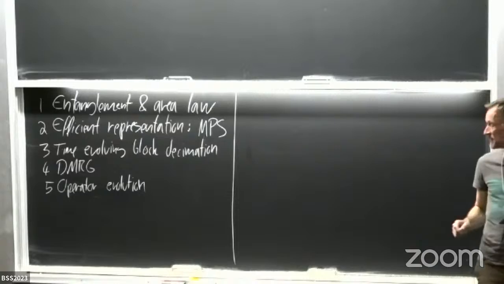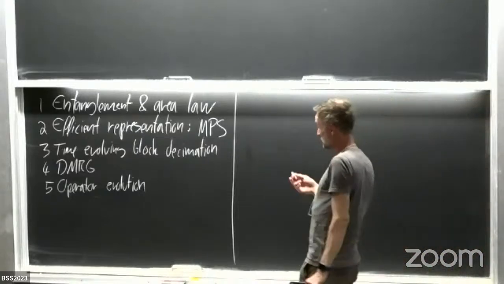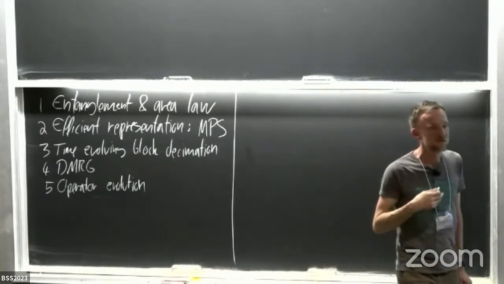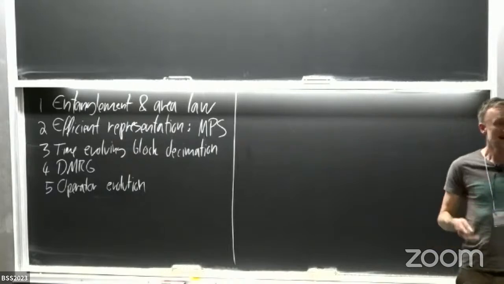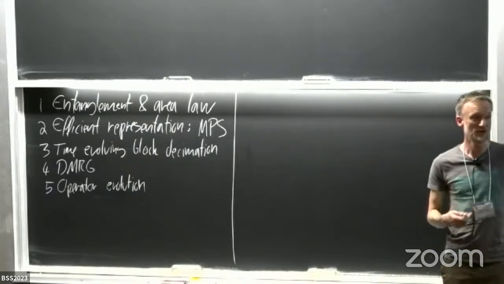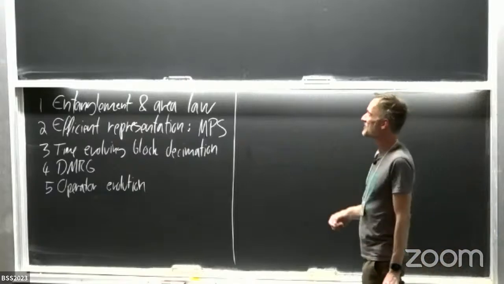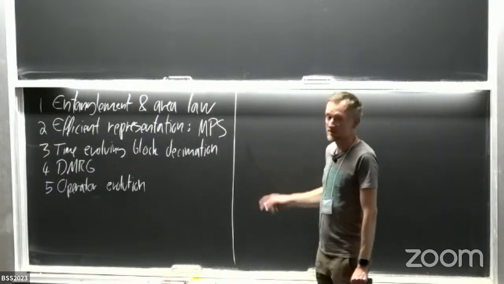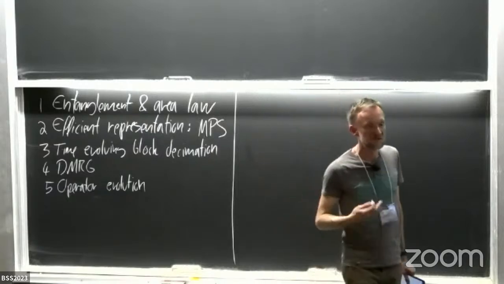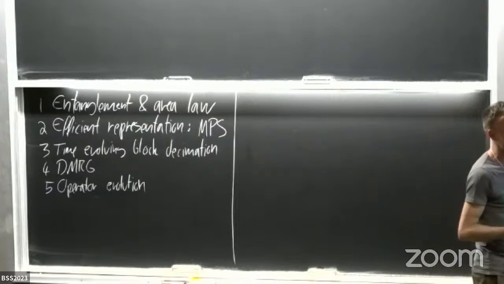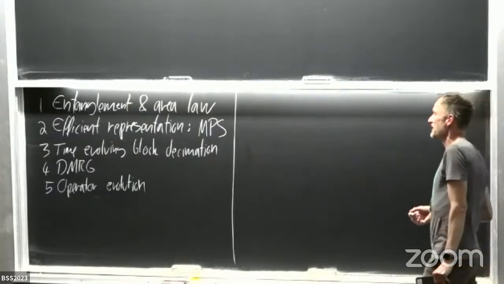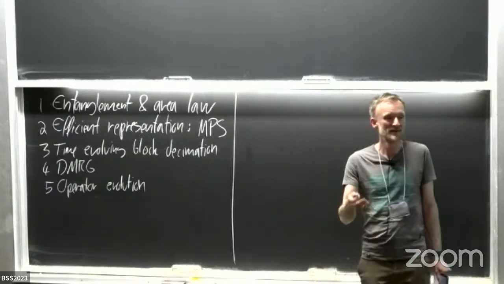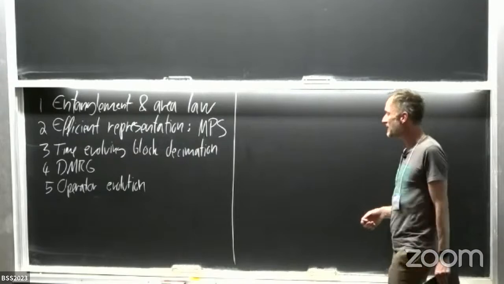So the overview of the lectures today and tomorrow is given here. I'm first going to start by giving a little bit the idea about why these methods that I'm going to introduce are going to work. For this, I want to discuss a bit of entanglement, and in particular the area law. And then I want to tell about the kind of backbone of everything that I'm going to discuss, and these are matrix product states. So matrix product states are an efficient way to compress quantum many-body states, as I will argue.